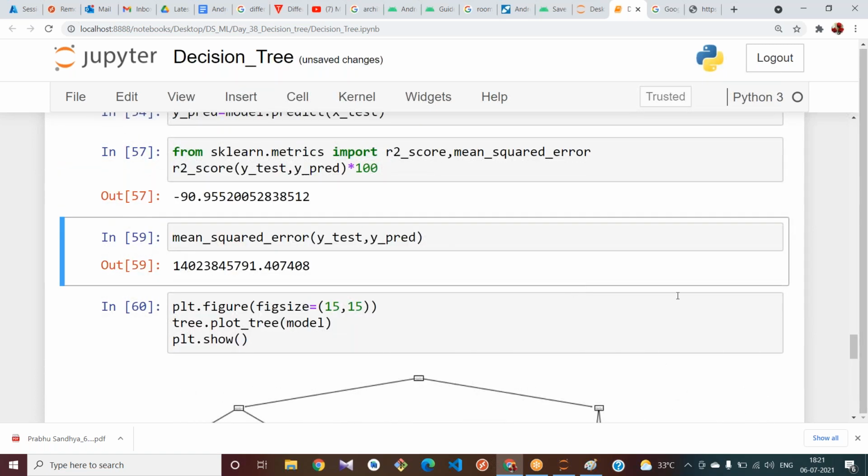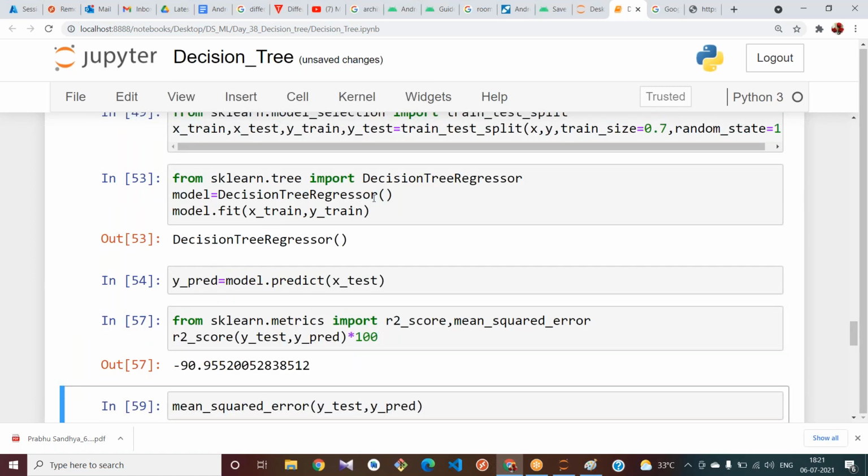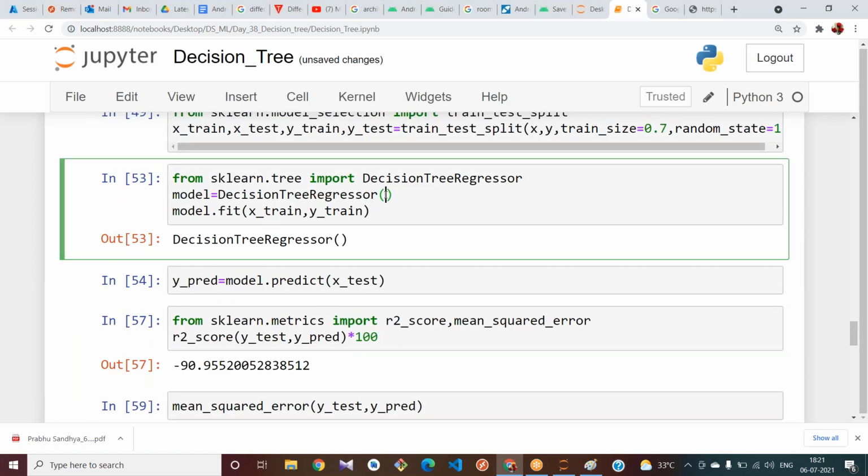Okay, let me give only some depth here to understand how it is getting split. To help you understand how it is getting split, I am giving max_depth equal to 3.